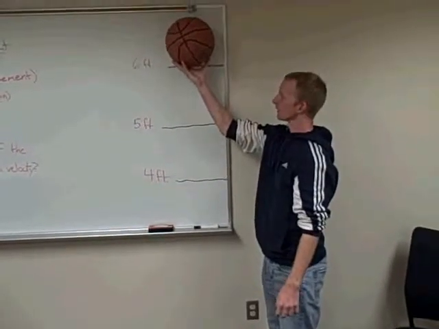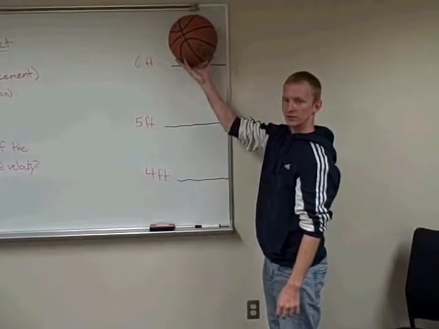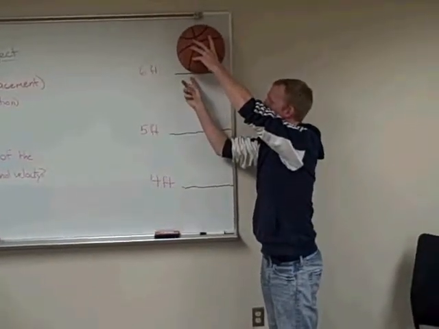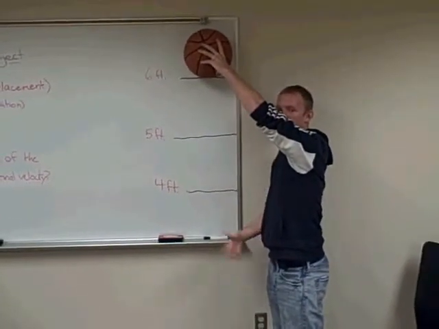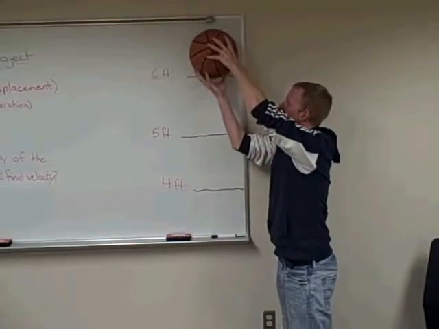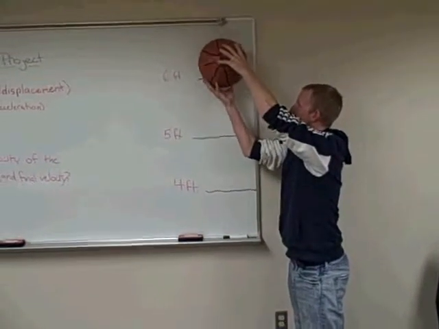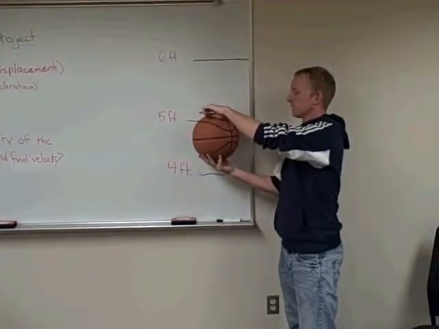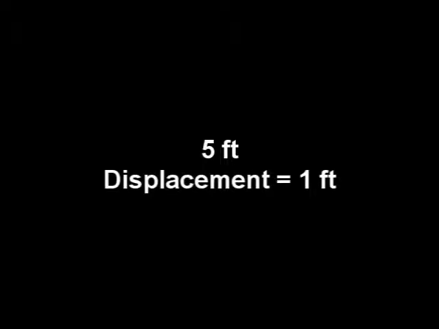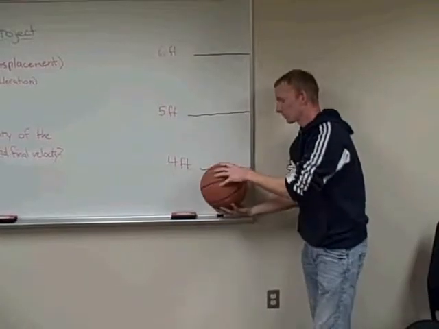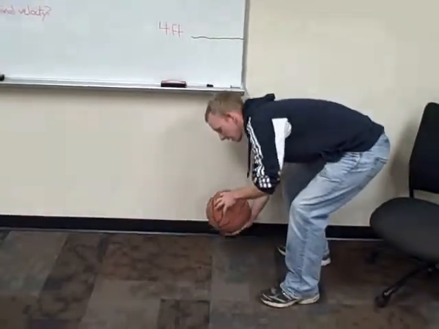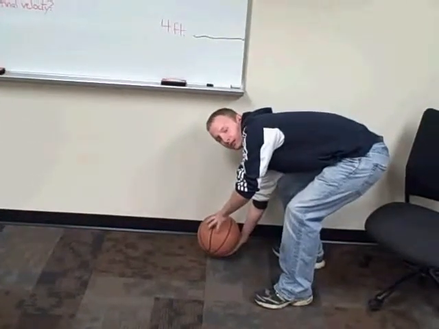This is going to be the actual demonstration of our project. Right here is the ball at 6 feet, the height at which it's going to be dropped. When it's dropped, it's going to pick up velocity, and we're going to try and calculate it at 5 feet, and then again at 4 feet, and then again its final velocity just before it hits the ground.